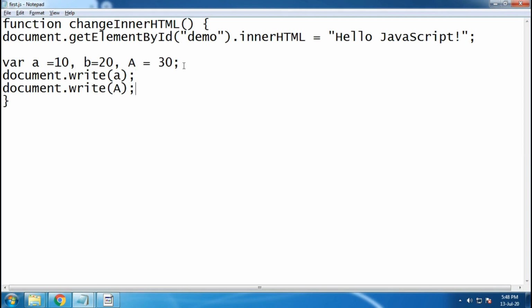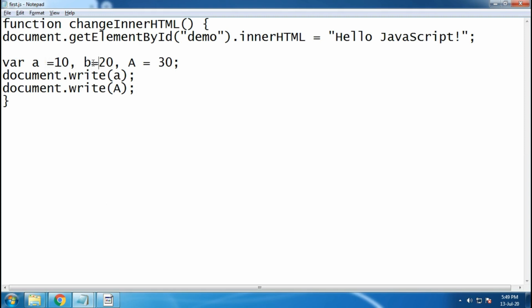Okay, so let me go to the third part here, which is white spaces. Okay, so in JavaScript here you can see I didn't put any space, but here I have put some space. Although I put some spaces here but not here, it is still working the same. Okay, there is no issue.